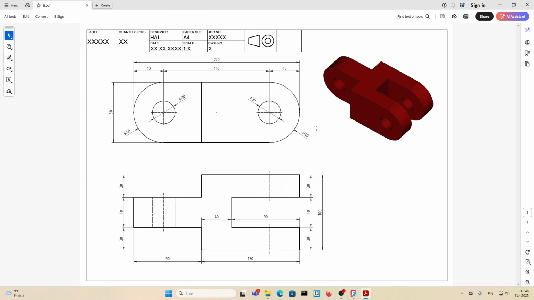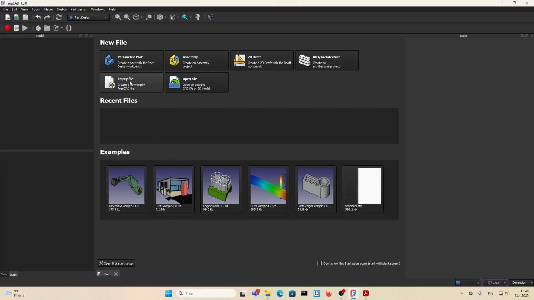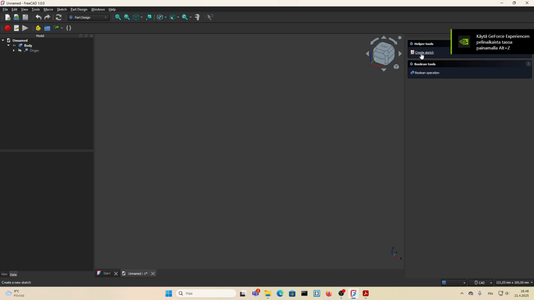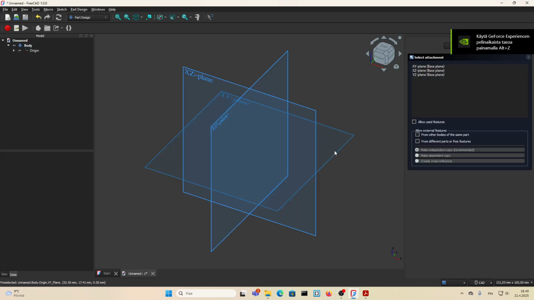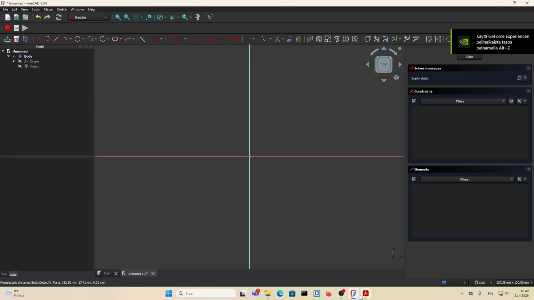Welcome to practice number 8. In this practice number 8, we will be modeling this piece in here. So let's open FreeCAD, empty file, create body, create sketch, choose the plane from here, and let's go back to